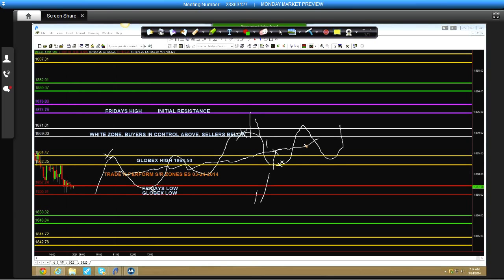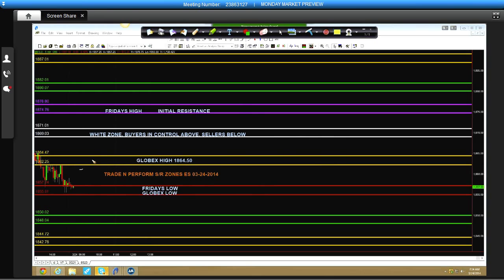Again, it can be balancing with an upside bias. It can balance with a downside bias. The way that often looks in the first hours, in this particular case, let me see where we're trading right now. Okay, so we're trading 1862, which puts us just underneath Globex highs. So we can often do one of these breaks, come back in, trap below, work for Globex low or Friday's low, and then come back and either balance like this,